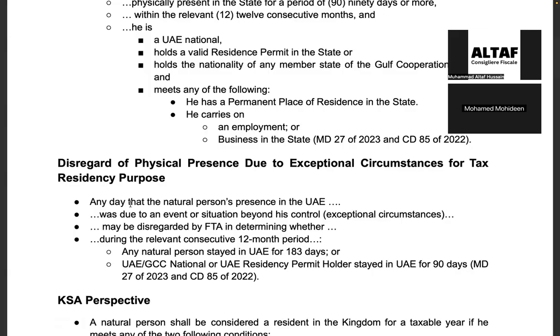Any day that the natural person's presence in UAE was due to an event or situation beyond their control, exceptional circumstances, may be disregarded by the FTA in determining whether, during the relevant consecutive 12-month period, any natural person stayed in the UAE for 183 days, or a UAE or GCC national or UAE residency permit holder stayed in the UAE for 90 days. So basically, it is simply saying that